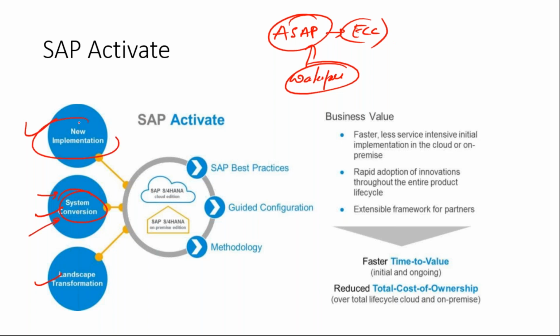New implementation, yes, there are new opportunities where SAP spots wherever they were able to convince any customer on another platform or another ERP who wants to migrate to S/4HANA. This is the right time where they can revamp the entire business process and migrate to SAP S/4HANA. And there are options now on-premise and cloud, because they can try it out on the cloud for some time, and once they are convinced by the way they see the business process being used, they later go for an on-premise implementation as well. So this is how the entire Activate methodology is working towards the setup.